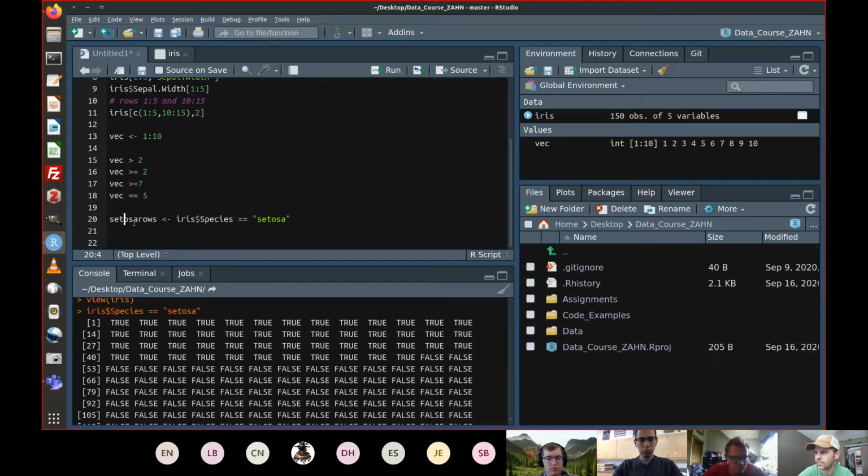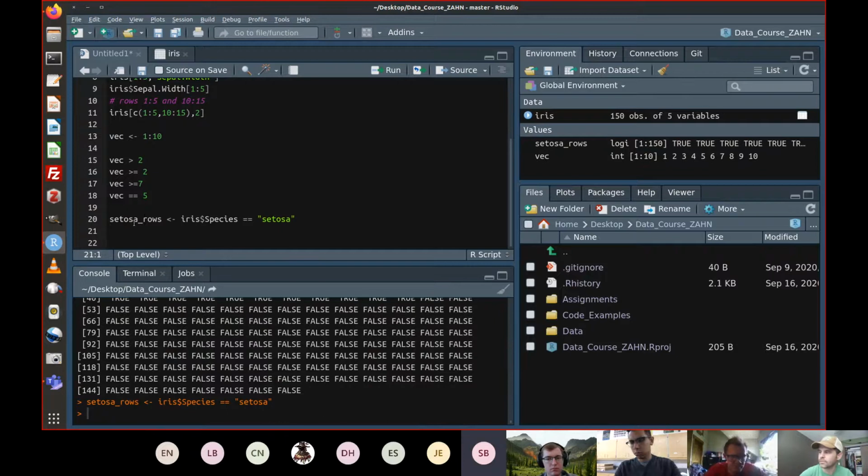I could save that as setosa_rows if I wanted to. Then you could somehow do, for each one that is true, put it into a new vector so that you can view just Setosas. But you're going to love this: you don't even have to tell it for each one that's true. R automatically understands what true and false is about when it's subsetting. It loves it. Being a vectorized computer language, if you're into computer science, this is actually kind of rare. You don't even have to say that. You just give it